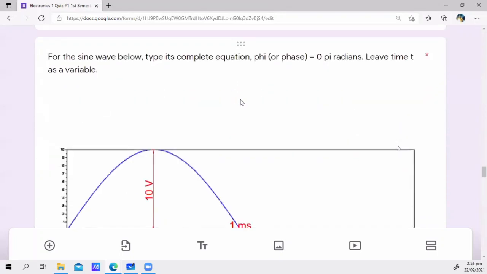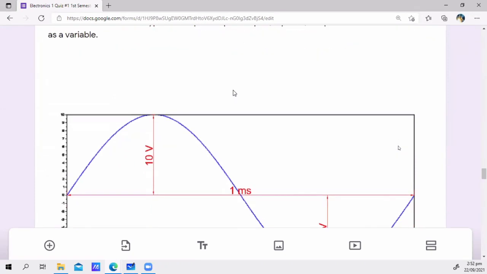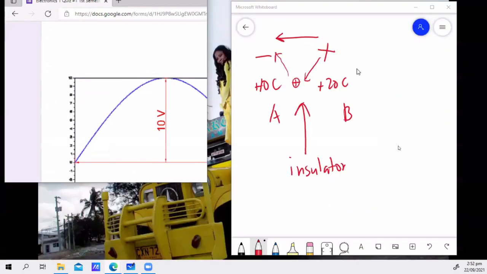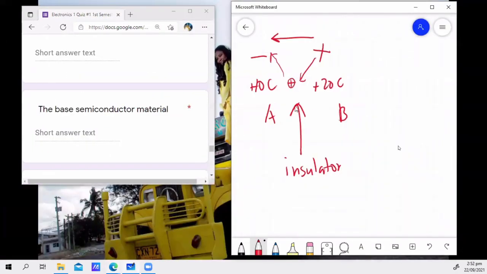Next, for the sine wave below, type its complete equation. Phi or the phase is equal to 0 pi radians. Leave time t as the variable. So this is very easy. Isn't the general form of our sine wave